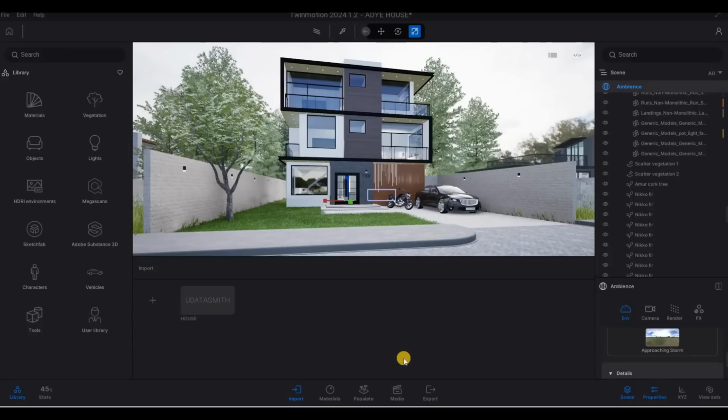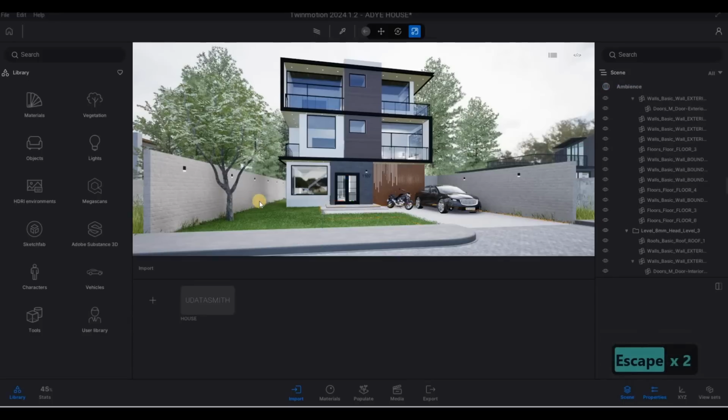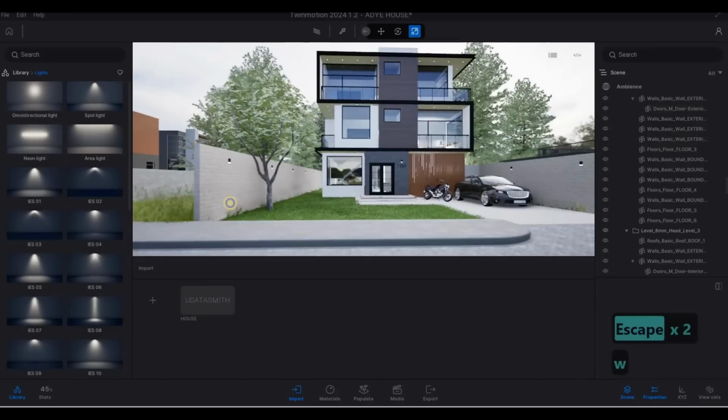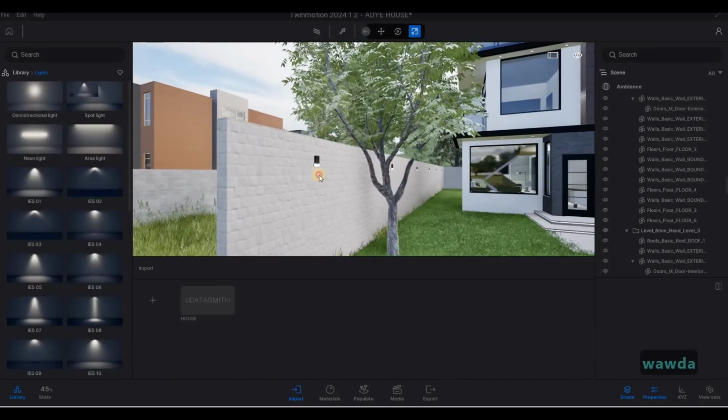So in the last video, we were able to import our Revit model to Twinmotion, and then we started adding all the grass, trees, and materials. Now we're gonna continue working on this. First, I want to add in the spotlight, so I'm gonna add this,